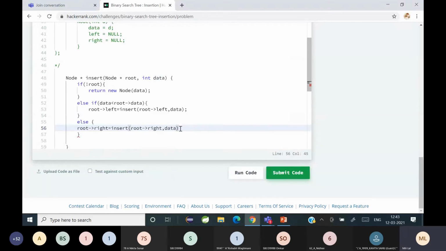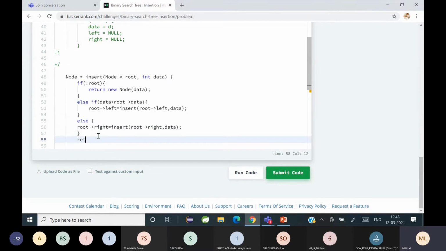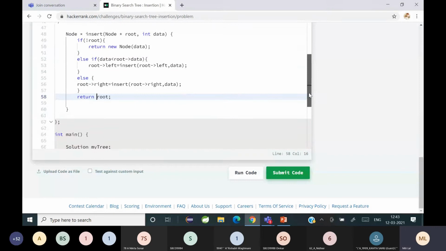Is it clear? Yes, ma'am. And finally, return that root. So this is what has to be done.